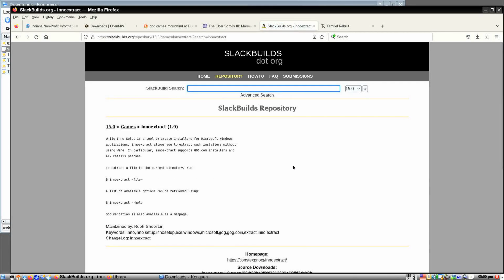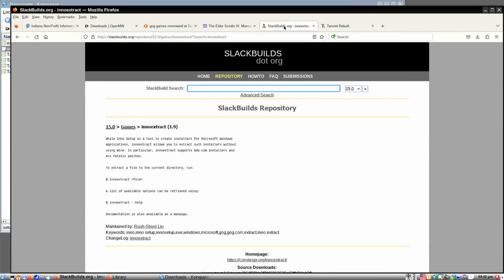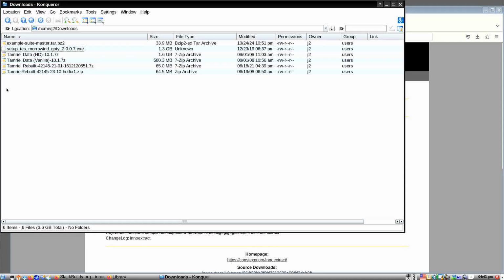Compile and install it in order to begin the installation of assets needed to play OpenMW. Since I've already done the compile and installation of INNO extract, I'll continue on to the extraction and installation